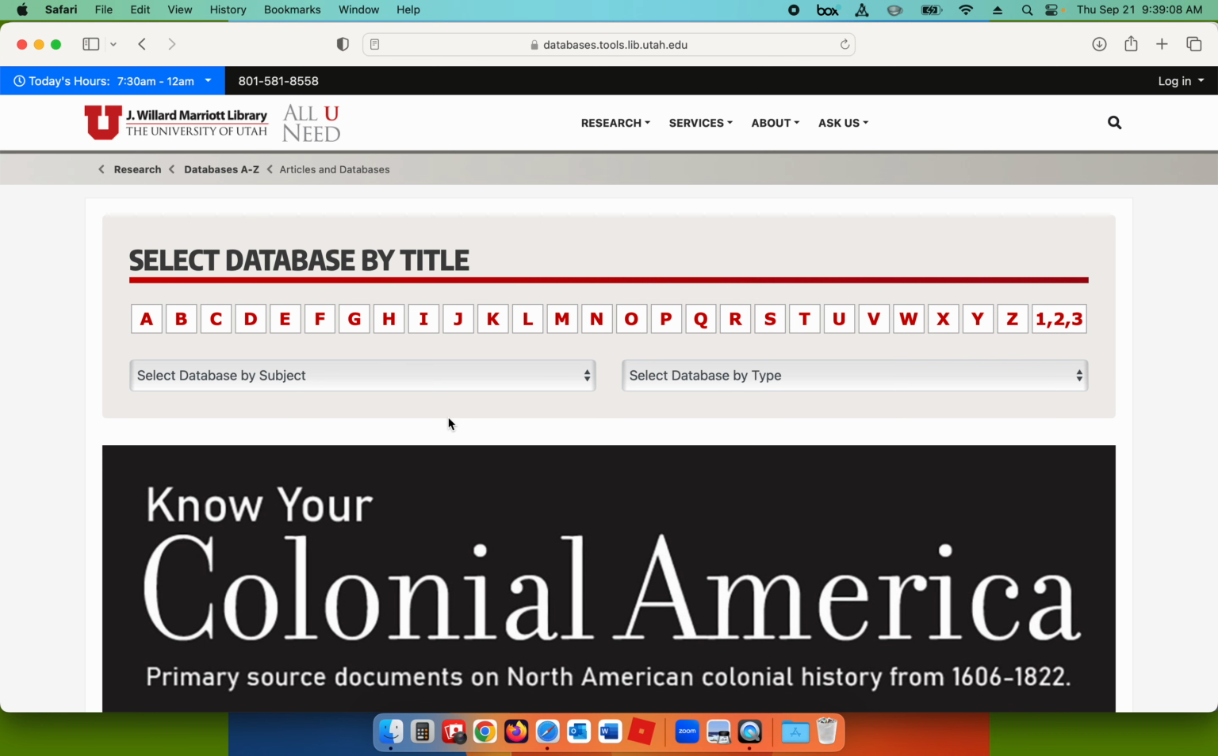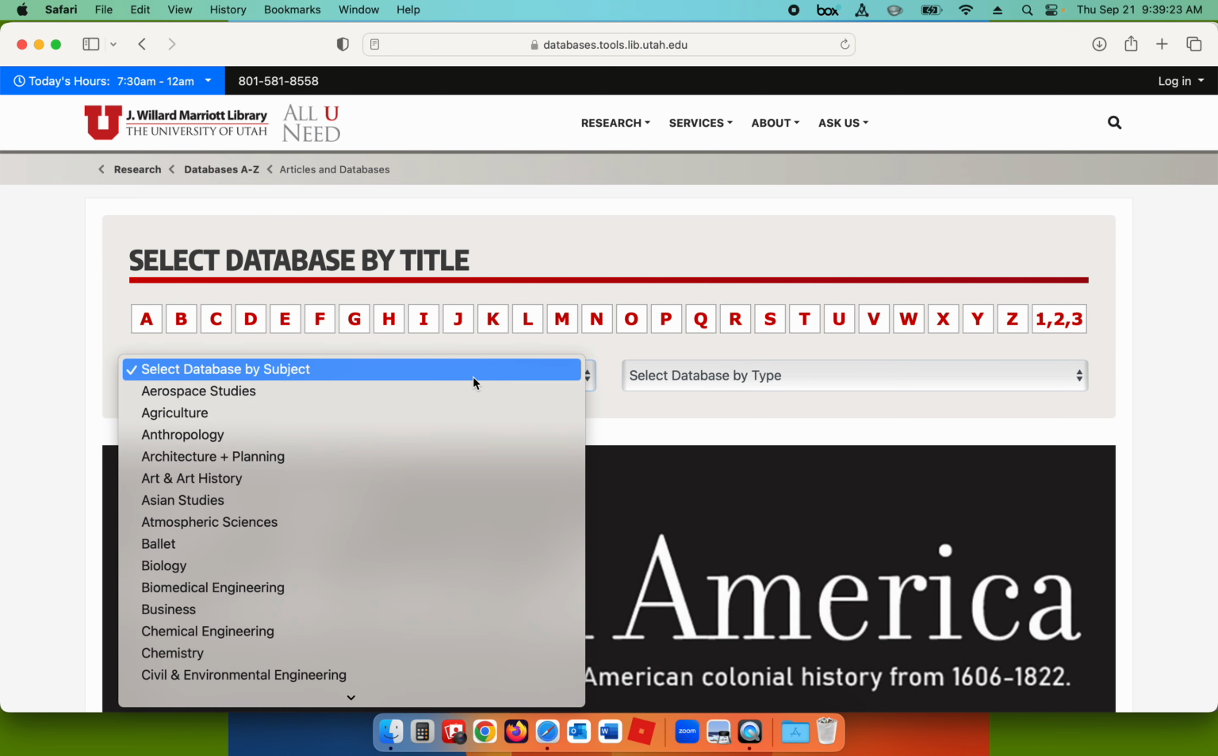This will take us to a portal for all of the databases, of which there are around 400. So, in order to keep us from just randomly selecting a database, we've got some tools at the top here. We've got an alphabetical list of buttons and then some numbers at the end there. We also have two drop-down menus, and this is a great way to search for databases that meet your research needs very specifically. So the first drop-down is select database by subject, and this refers to all of the fields of study on campus,